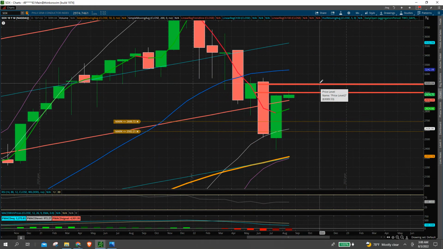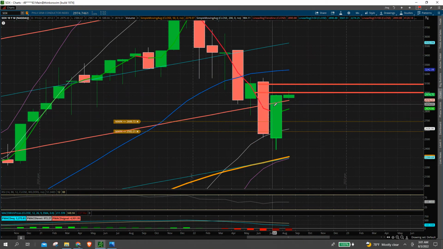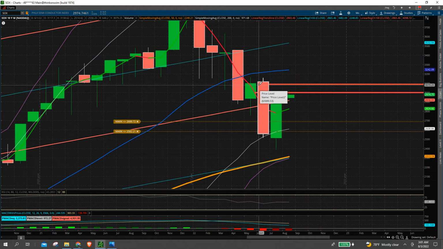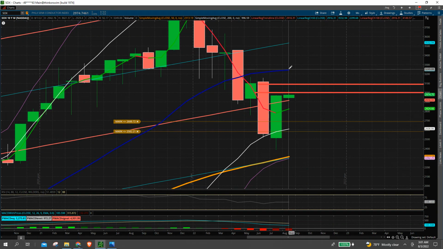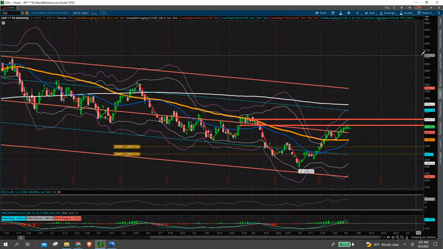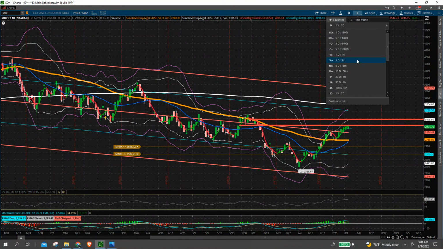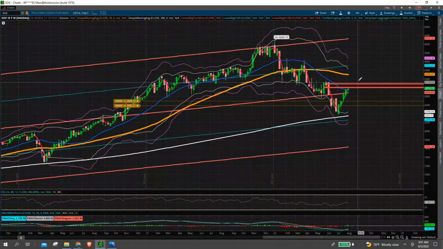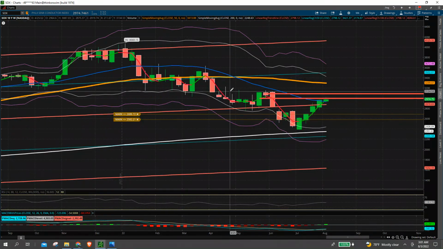From a monthly perspective, we did not form a bullish pattern, so I think that becomes a little questionable. But hey, wow, look at the coincidence. This blue moving average on the monthly is approximately 3250, and if I come back to my daily, the white moving average is approximately 3300. So there are several magnets there. And if we look at it from a weekly perspective, we have another moving average at approximately 3300.